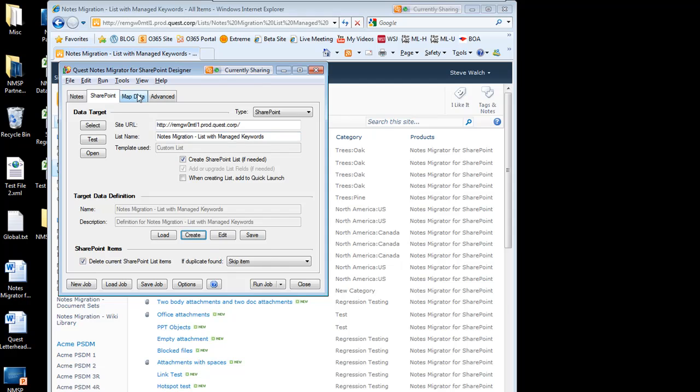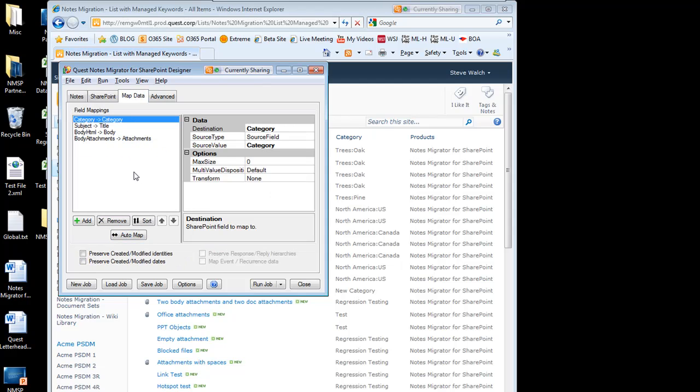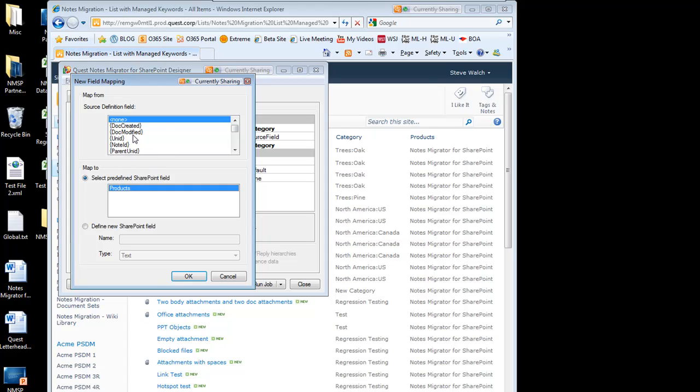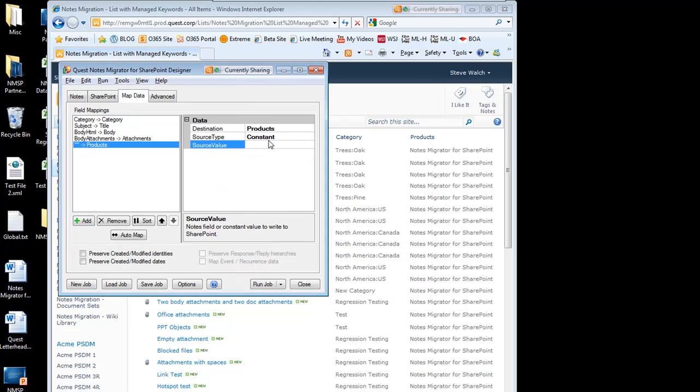So I need to come over to my map data tab, and I've already got, from the last job I ran, my mapping of category to category. I need to map something to the products field, and actually I don't have anything in notes for the products field, so this is a good time to show you how to do constant mapping. So I can just say I want to map from none to products, and then here I can just put in a constant value